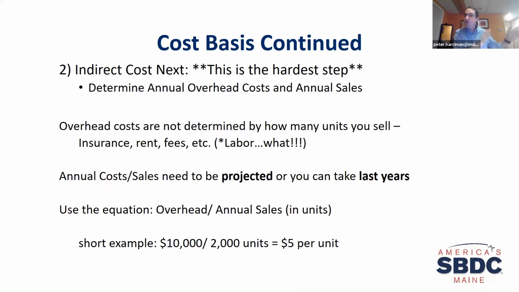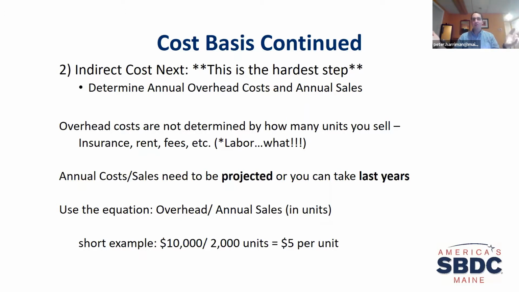Existing business, you can use your historical, right? You can pull up your history and you can kind of understand how much your cost is going to be and how much sales you're going to have. So that makes it a little easier. But a new business, this is very hard because you're dealing with two best guesses of annual cost and annual sales. But again, what we're trying to do is understand what is all the costs that were not included in direct costs. We don't want to double count stuff. What is all of the indirect costs that there is to run my business